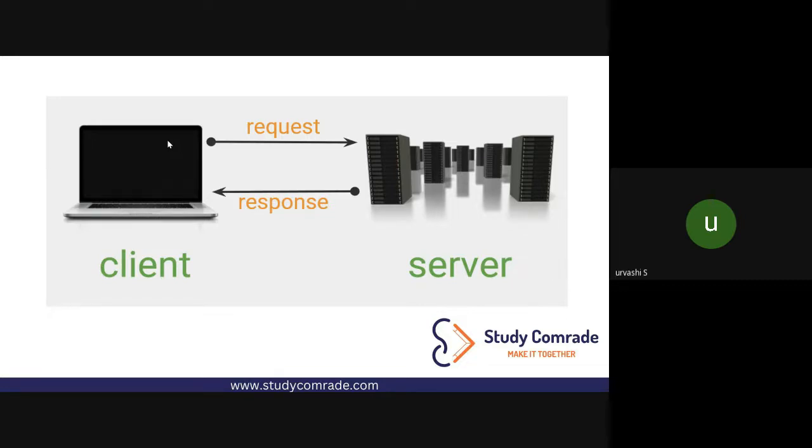So if you open any website, Amazon, not through the app, I'm talking about Google Chrome. Through Google Chrome, if you open any website, Amazon, Facebook, Instagram, and if you open the same website through a laptop, the main common thing is the web browser. So the web browser is very important. In websites, you open your websites in a web browser. So you can consider this client side like your web browser. On this laptop, you can just imagine the web browser is open and two, three websites are open in different tabs.